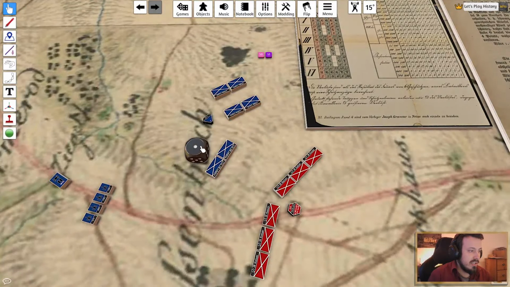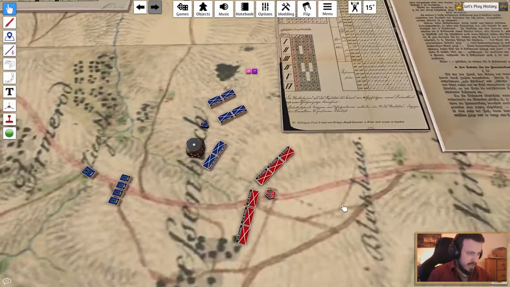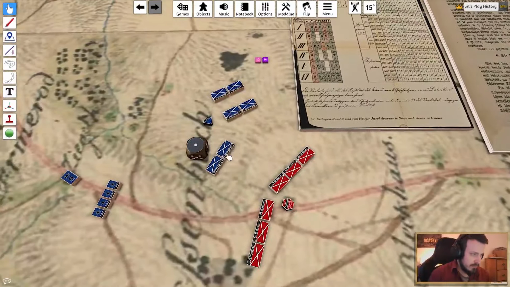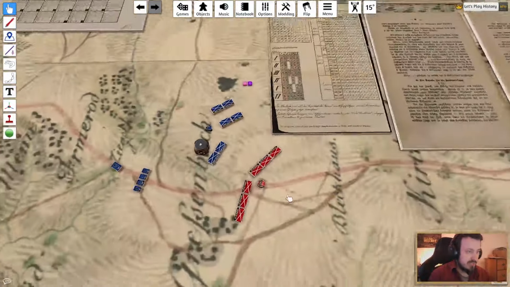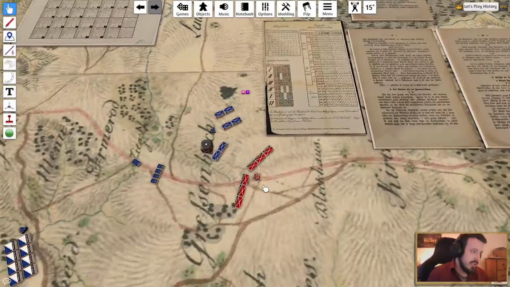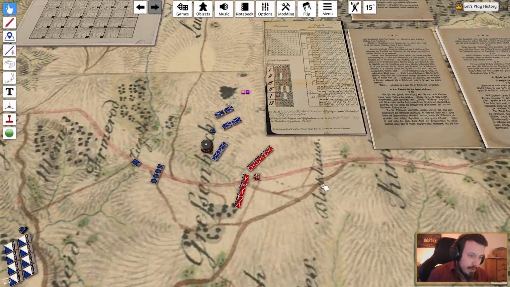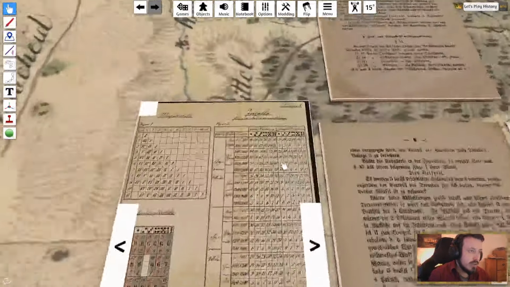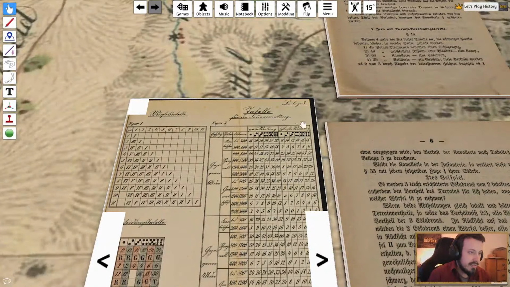So we pick the die. Now we have to decide this battalion shooting up here. Let's assess the situation from these lines here. We can see that the Austrian battalion is uphill on a slope, so they are shooting down, these guys are shooting up, so that means this battalion here is shooting at the